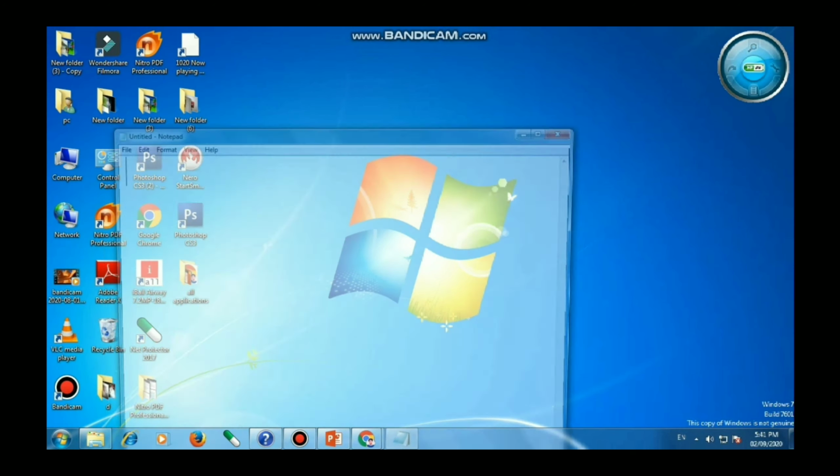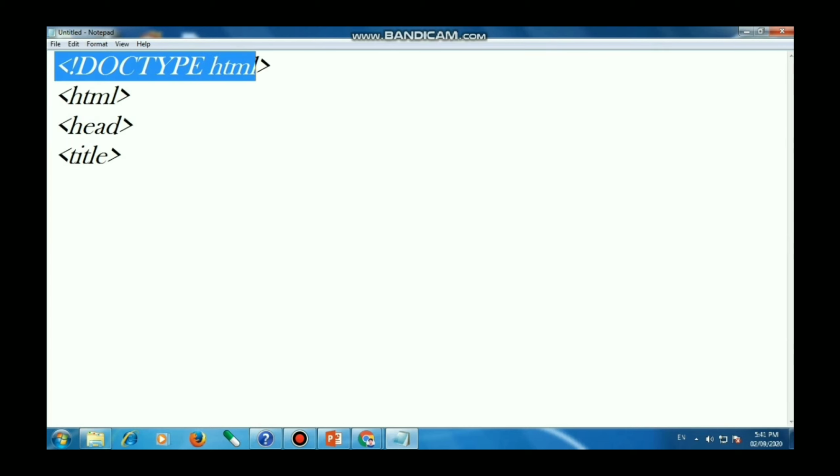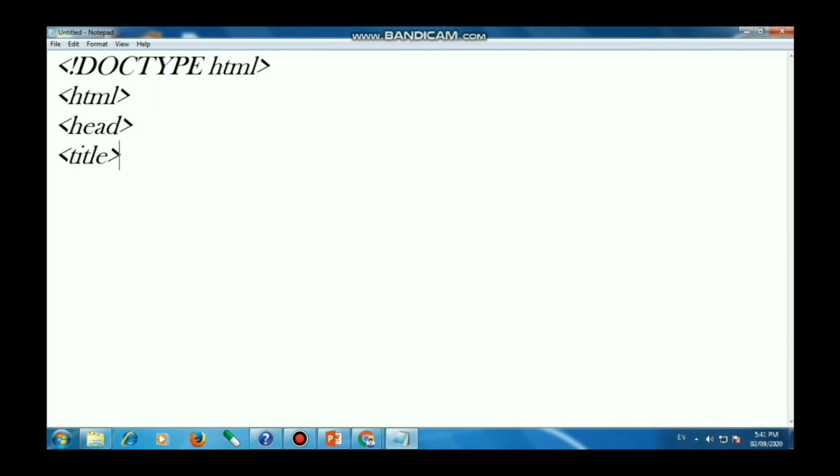First of all, go to Notepad and start your coding with doctype HTML, head and title. As you know, these are the common tags, and give the particular title which you want to give. I am here giving Kuber Creations. After giving your title, close the title tag.